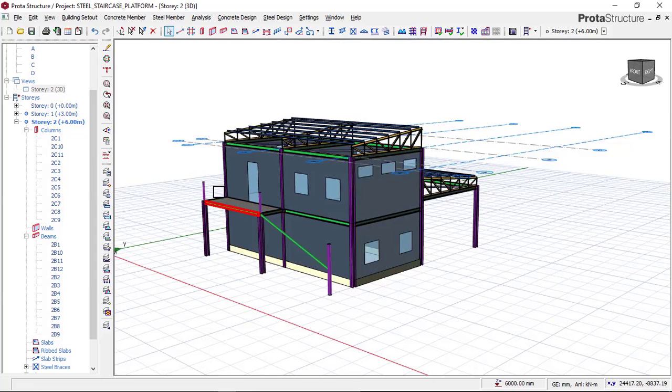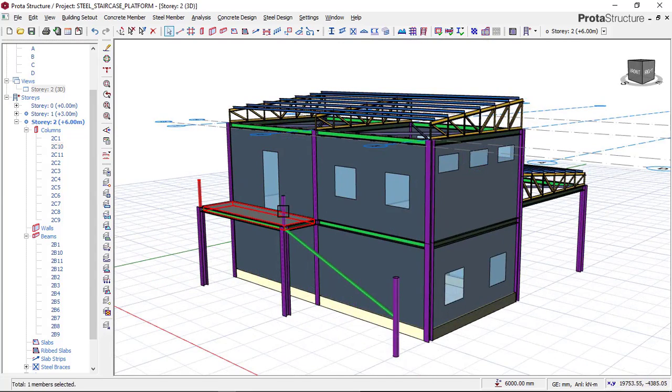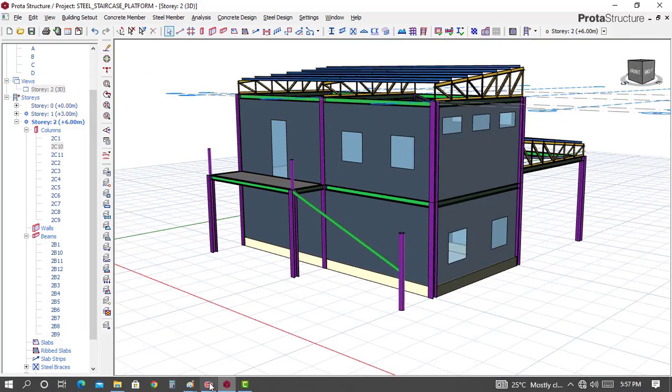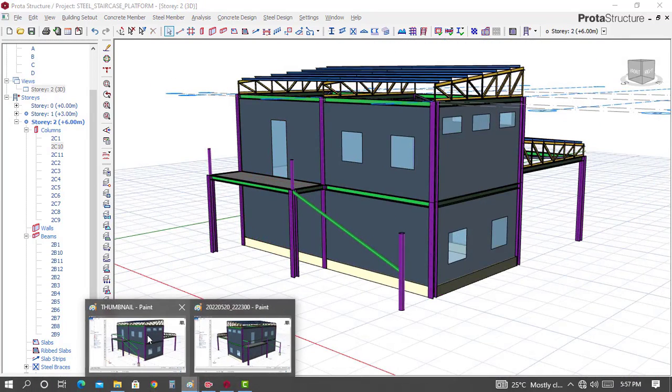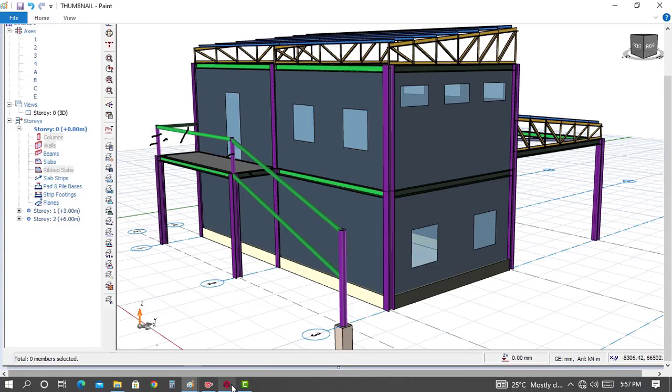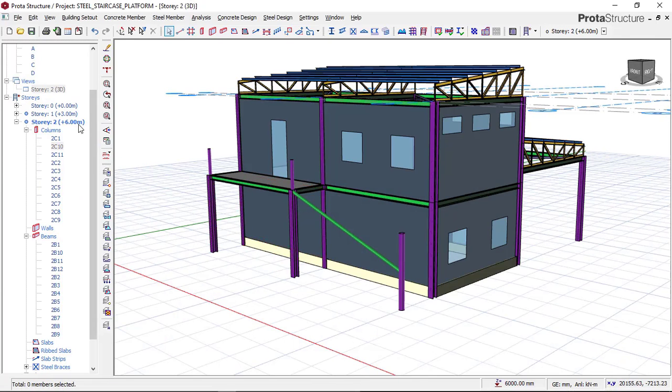So we have successfully created these two steel columns, and then we go back to our model to see what we have just created. Okay, so we have created this and then this. The next thing to create right now is this beam rail. So we go back to our ProtaStructure and then go back to our plan view, still on story